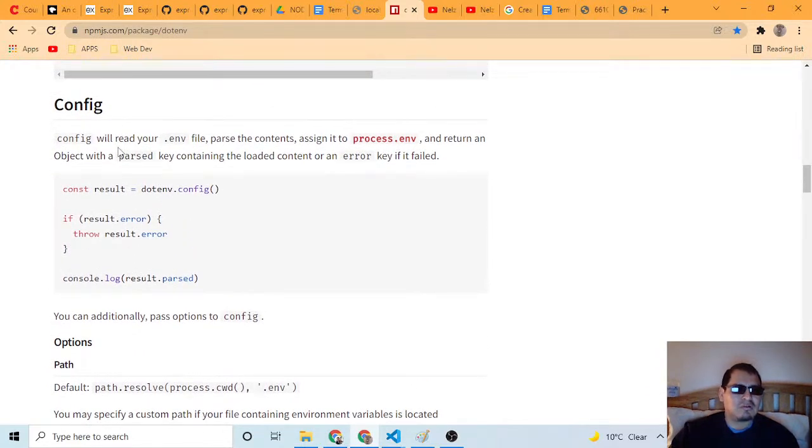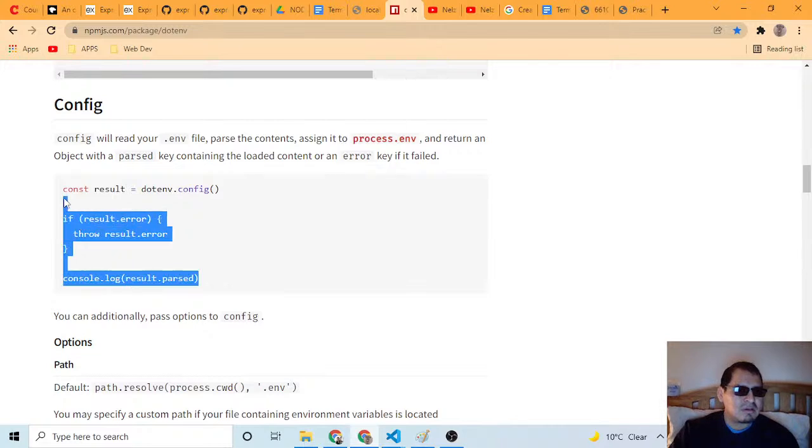So config will read your .env file, parse the contents, assign it to process.env, and return an object with a parsed key containing the loaded content or an error. So what's parsed?